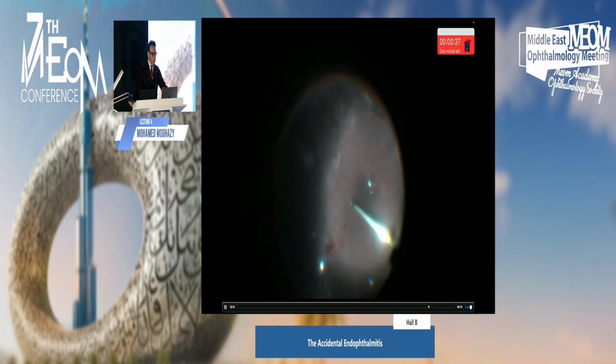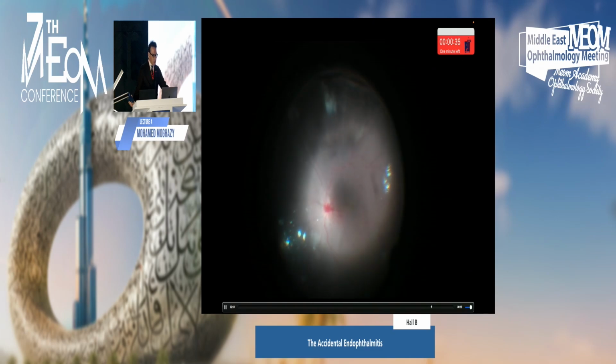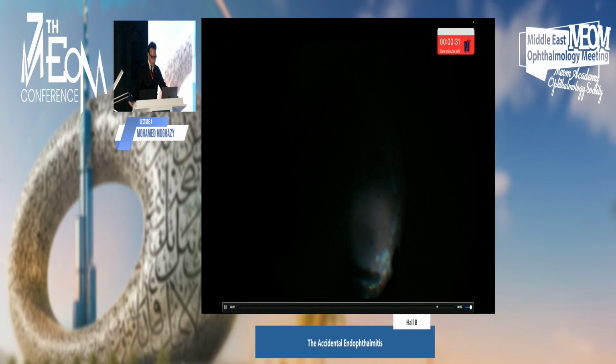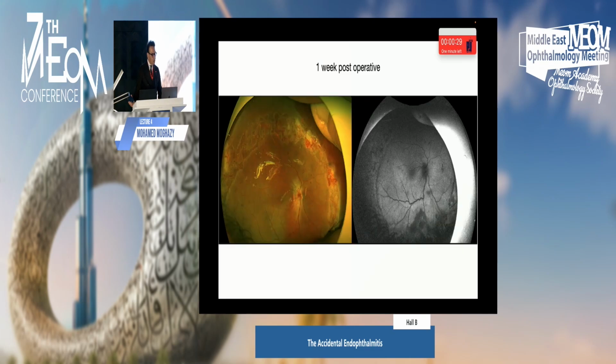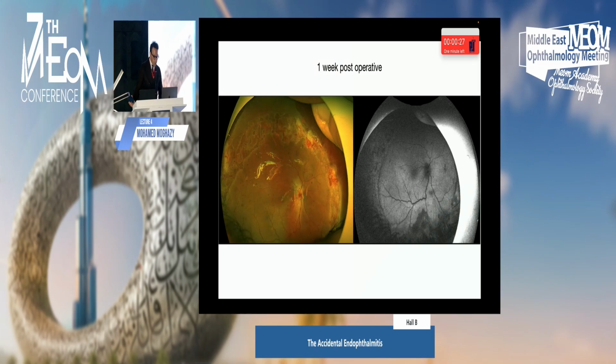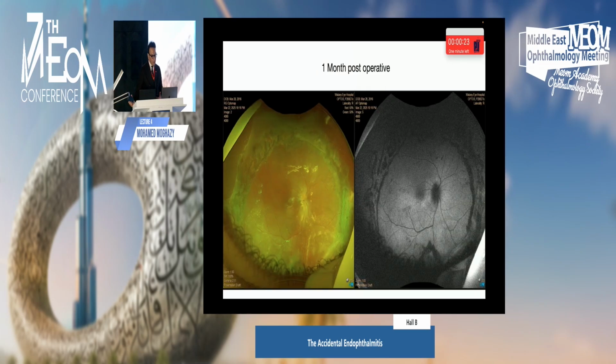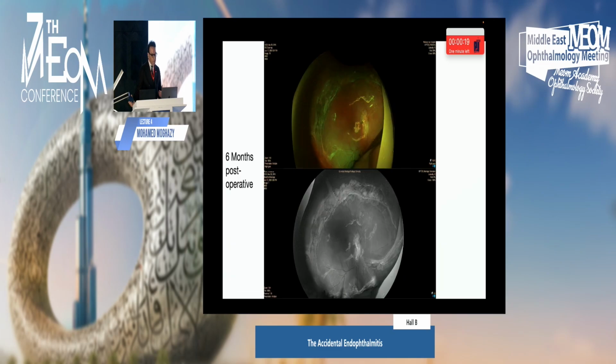And then I needed to do a couple of radial retinectomies to relax this retina. This was followed by laser and then PFCL silicone oil exchange. This is at 1 week post-operatively, and this is 1 month post-operatively. Visual acuity actually improved from hand motion to 1/60. And this is 6 months post-operatively. The silicone oil started to emulsify. Retina is still stable. Visual acuity is 3/60, nothing much, but the patient, of course, has chronic hypotony at 5